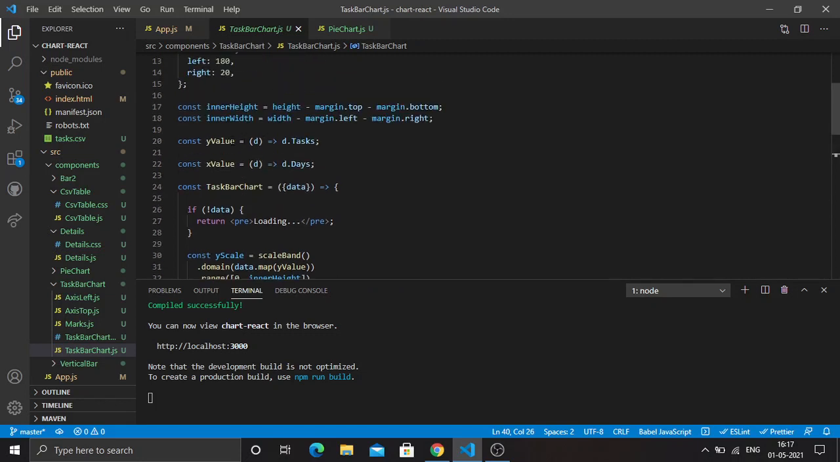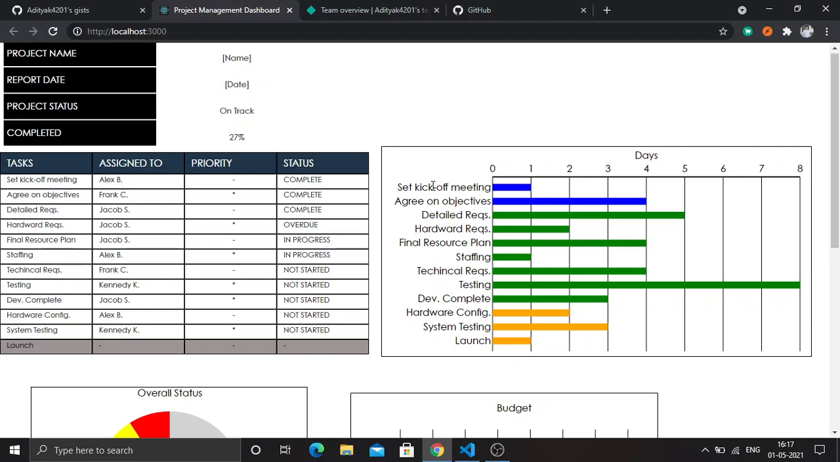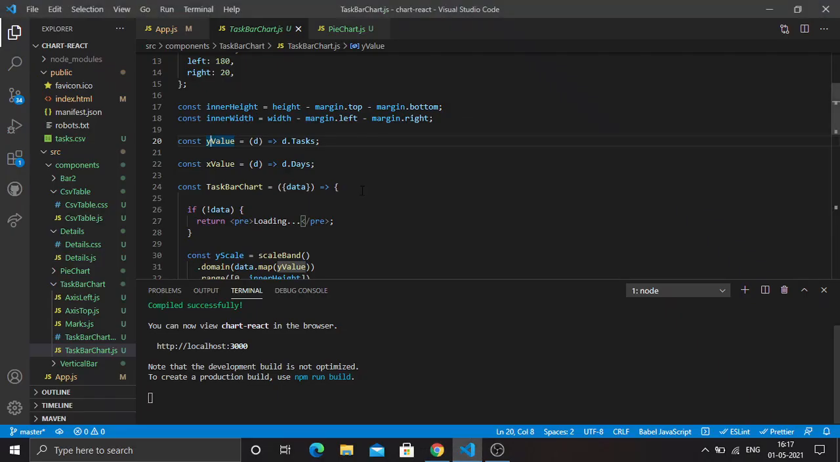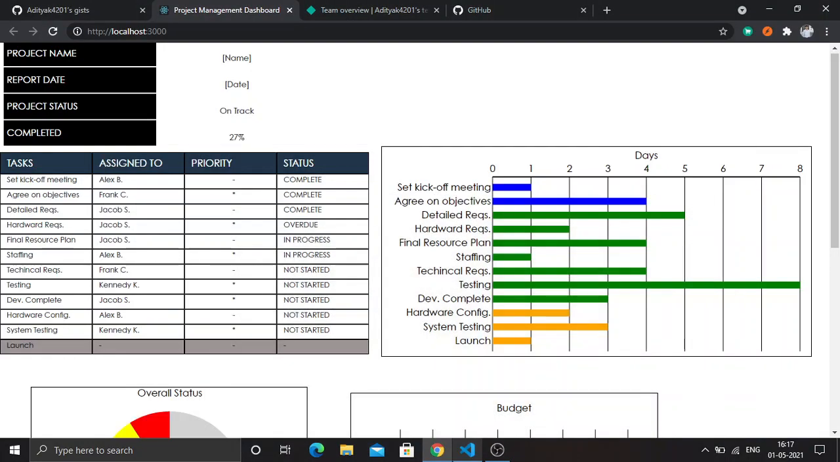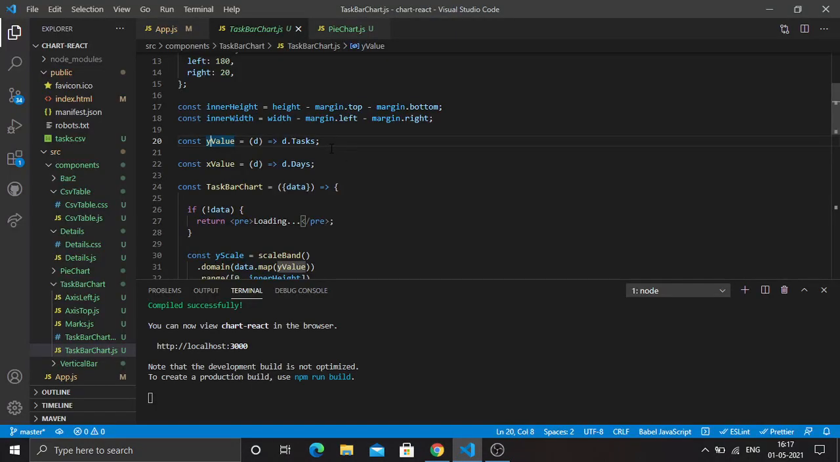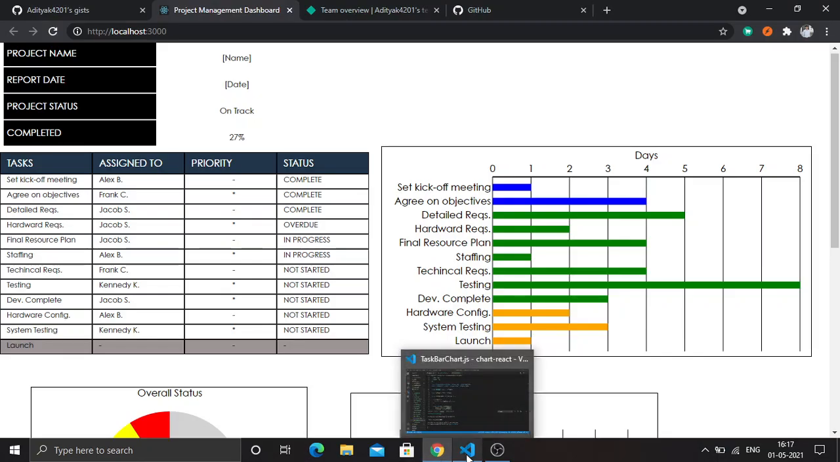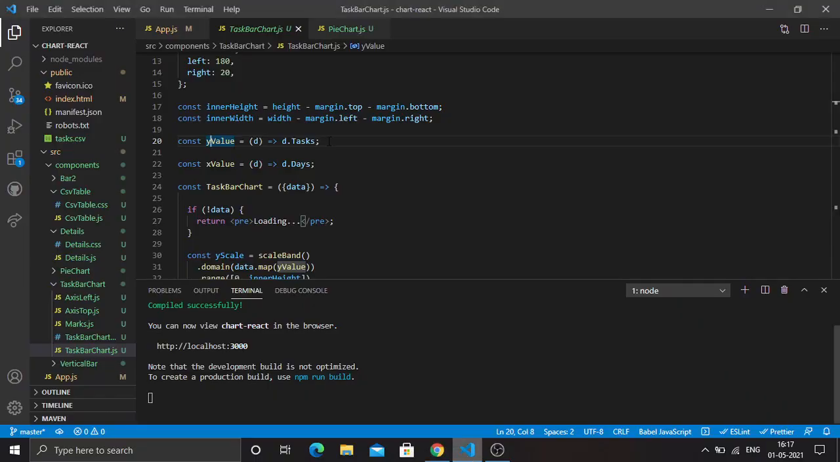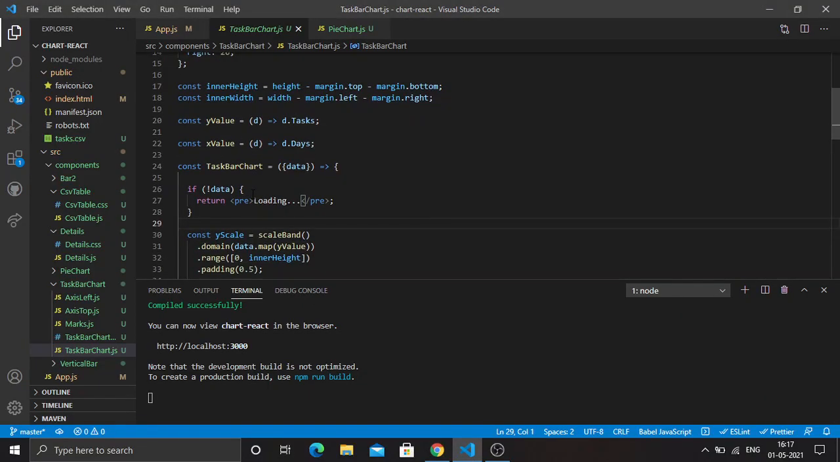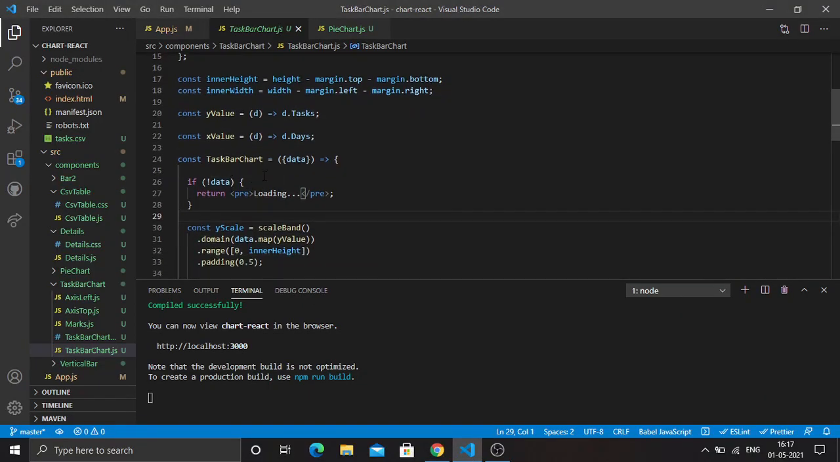And then I have stored y value in the form of y.tasks. These are the tasks. So these are the y values, and x values are the days. Actually, I was having problems while parsing the date. I needed some more time to learn how to parse the date format, so I used days as the x-axis, and then I called the taskbar chart,